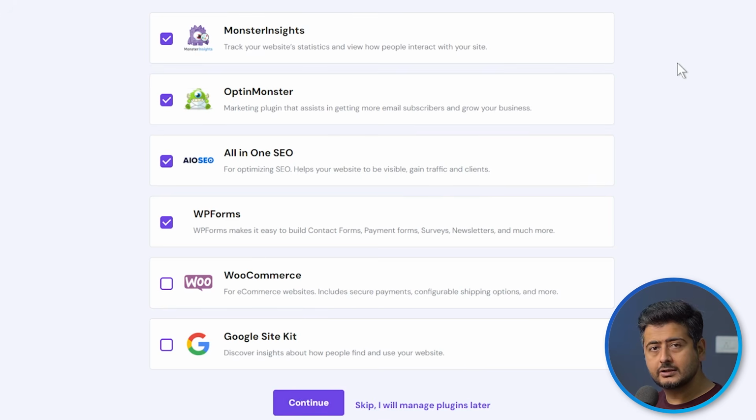And all of these plugins are actually fantastic. Monster Insights is a beautiful plugin to capture details about who is accessing your website, like analytics. Opt-in Monster is a great lead generation plugin. All-in-One SEO is an absolutely beautiful SEO plugin, and WP Forms allows you to create some beautiful and powerful forms